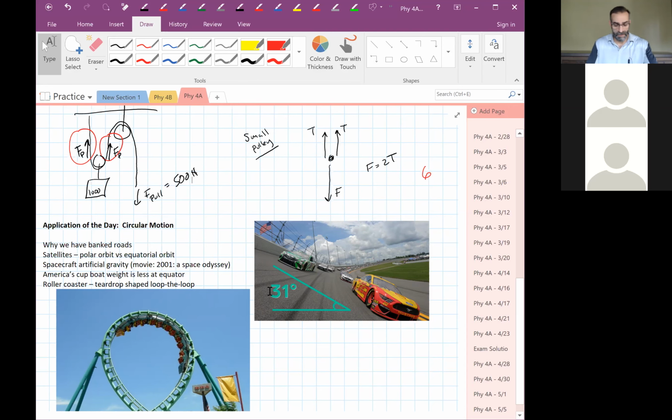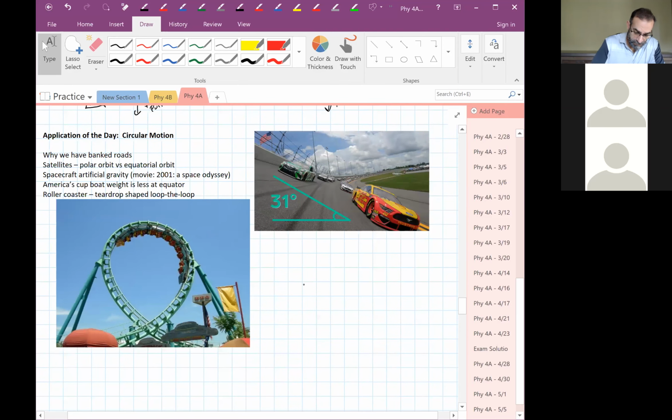Some of the normal force, let's take a look at a banked road. Your car is here. Your normal force points this way, right? Well, the weight of gravity is here. There might be some friction force. If you're going really, really fast, there's some friction force in this direction,